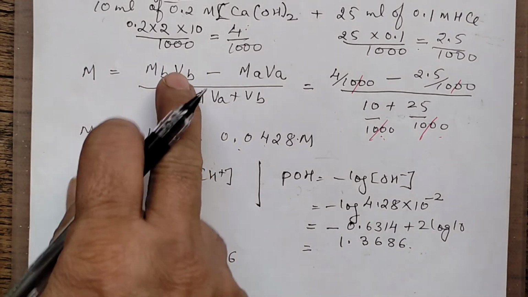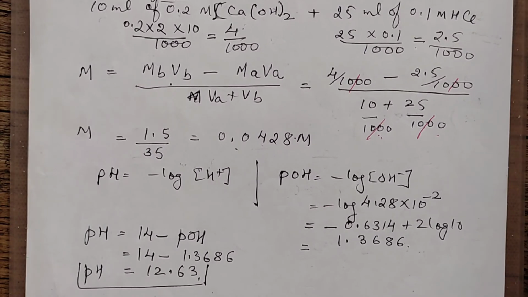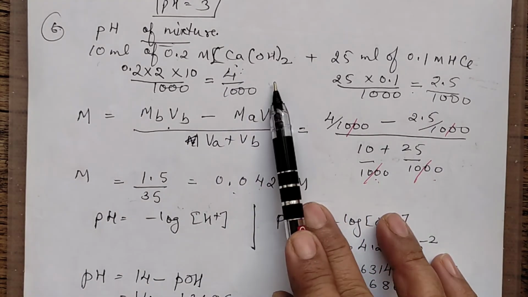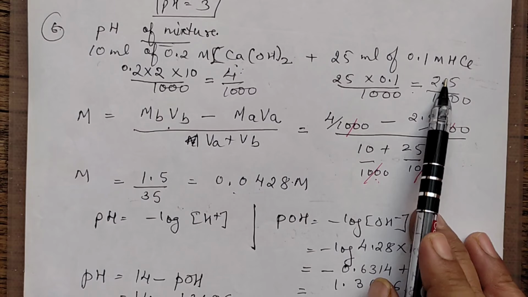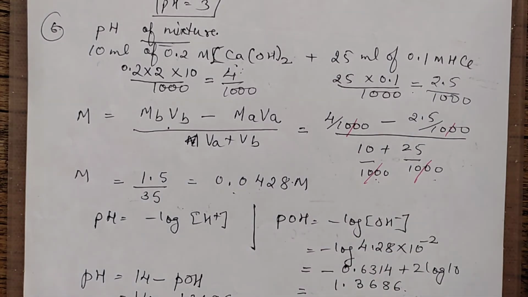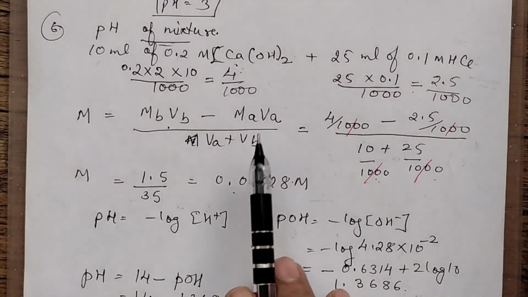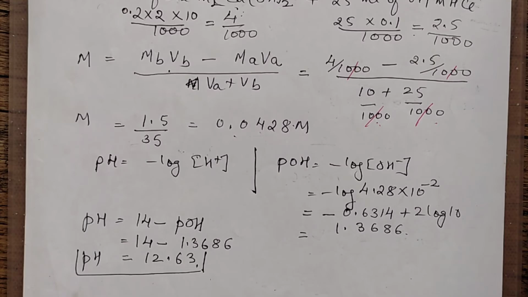If they are asking you to calculate the pH of a mixture, you first have to find out the molarity of the resultant mixture. In case the acid and base are different, you find the molarity volume product of acid and base and then subtract. Whichever is more, the concentration will be for OH or H accordingly. I hope you have noted this down.